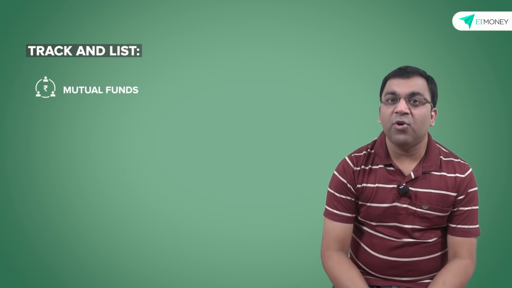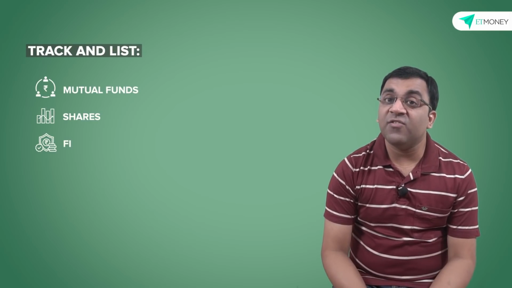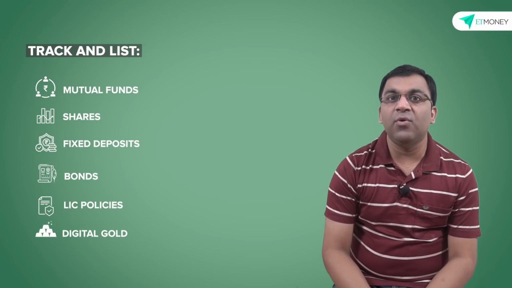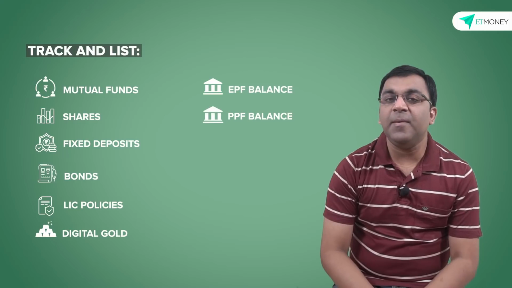The first step in any review process is to track down every piece of financial asset you hold and to list them in one place. That's all your mutual funds, shares in companies, fixed deposits, bonds, your LIC policies, digital gold, and even your EPF and PPF account balances. The idea here is to look at one's portfolio as a whole and not merely as